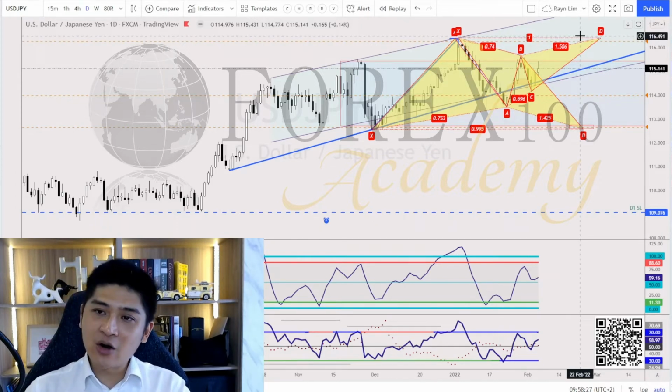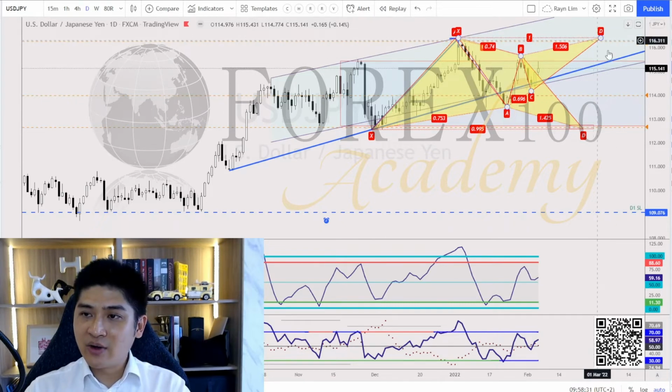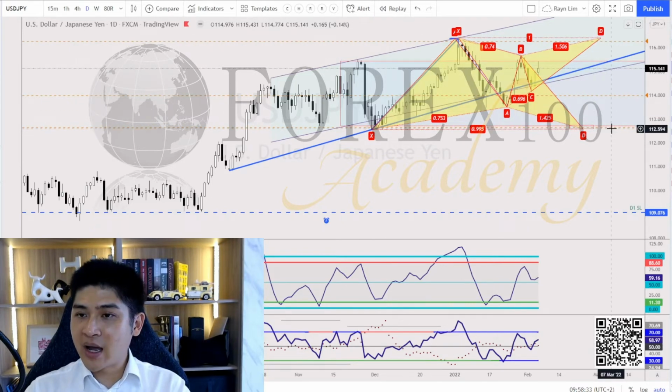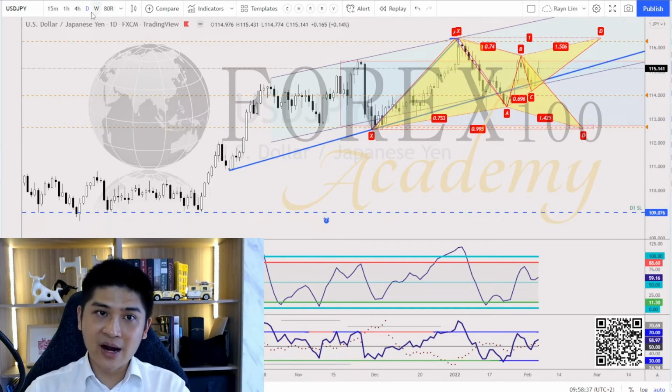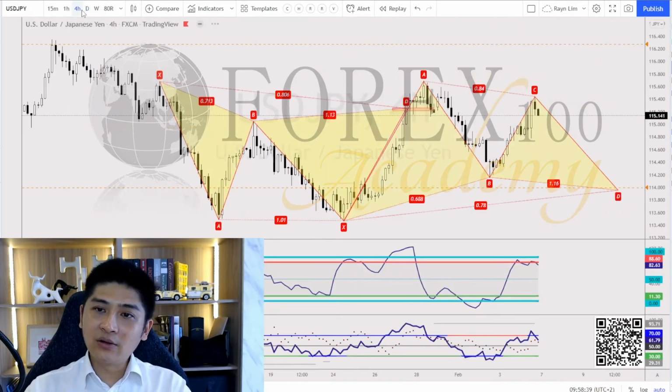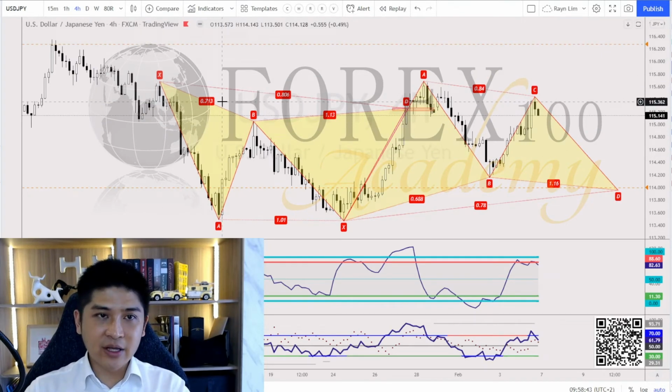116.45. So either way, we are most likely able to either short at 116.45 or to buy at 112.59, which is pretty good. All right. Down to the 4-hour chart, likewise, if you're already in this trade on the 4-hour chart, if you